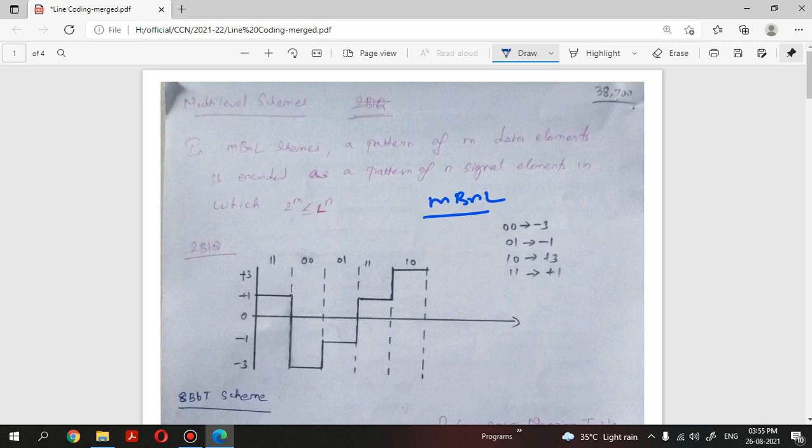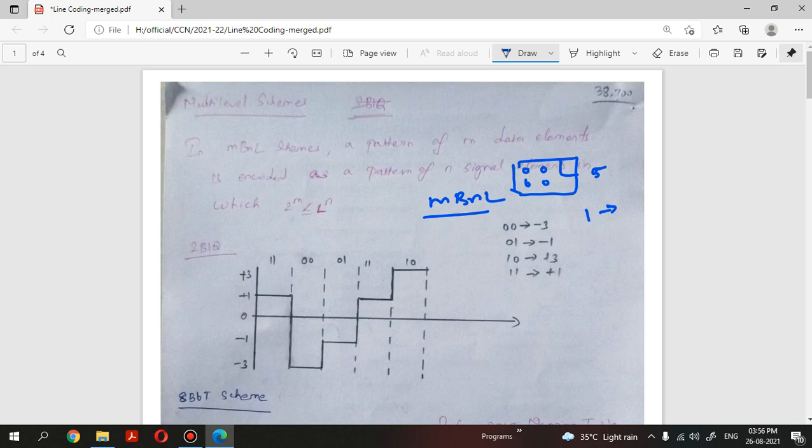The ultimate goal of encoding is, for example, if there is a car with 4 seats available, along with the driver there is a 5 seater. The ultimate goal of the transport department is to avoid congestion. To avoid congestion, we need to accommodate more people, because one person can travel in a car and 5 persons can travel in a car. If there is one person in each car, there will be more cars on the road, which causes more congestion.